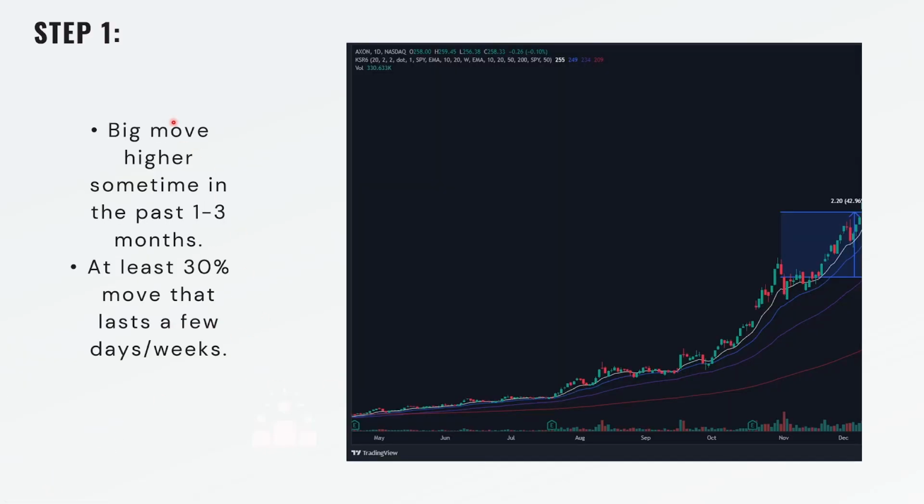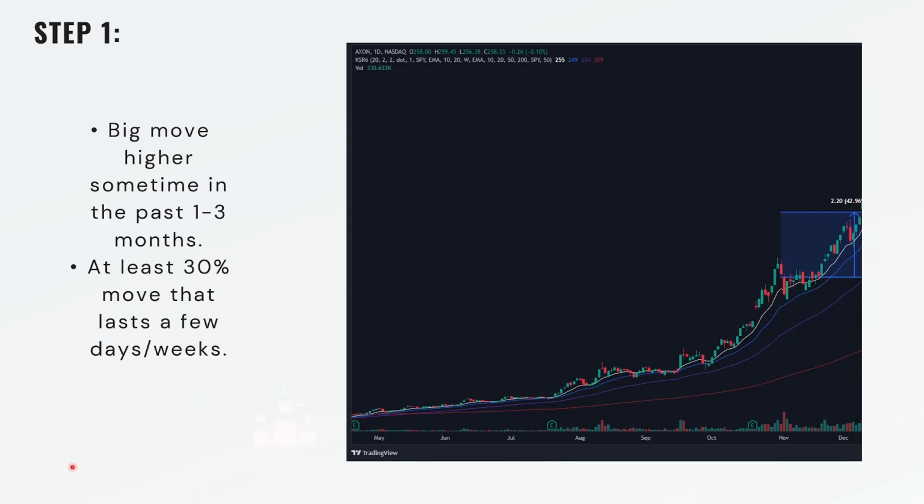So step 1 is a big move higher sometime in the past 1 to 3 months. At least 30% of that move lasts a few days or weeks. So this is an example from Axon Enterprises in actually 2004. What we're trying to show here is that this strategy has been working for a very long time. It works in any asset class, any stock. As you can see here, 3 months before that it had around a 42.96%